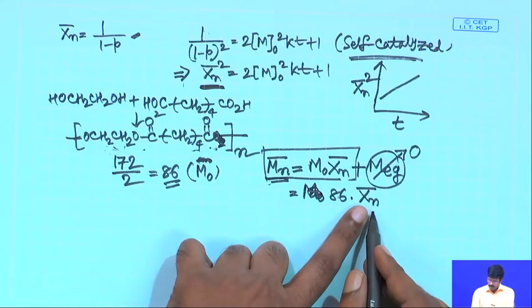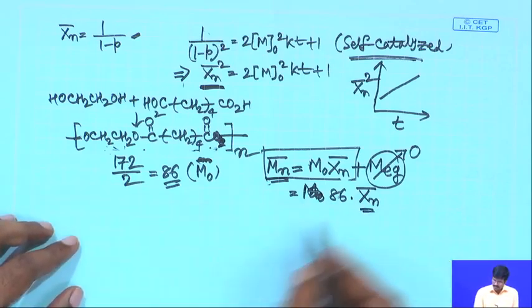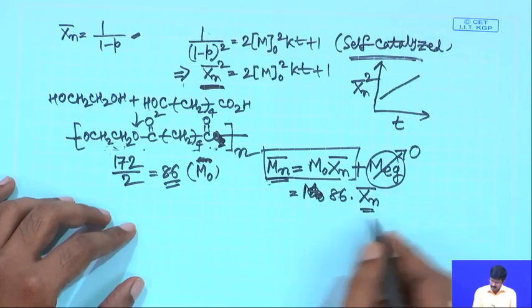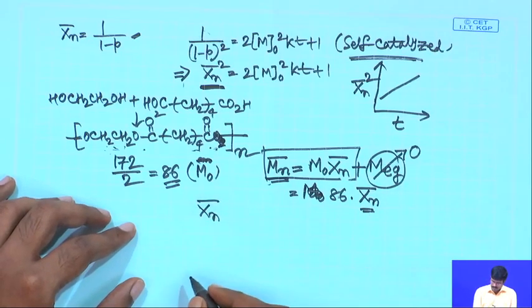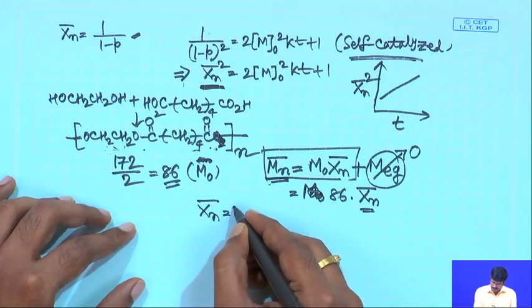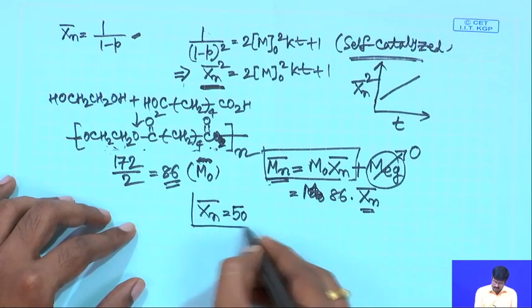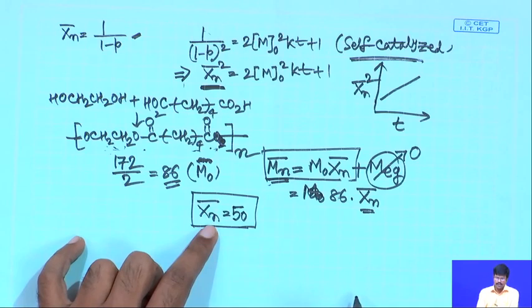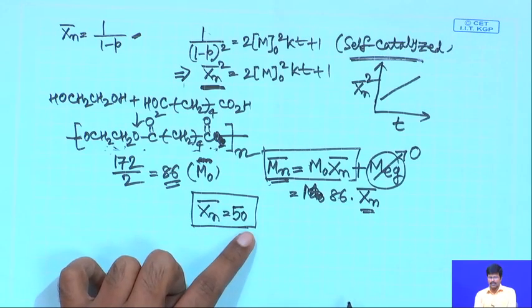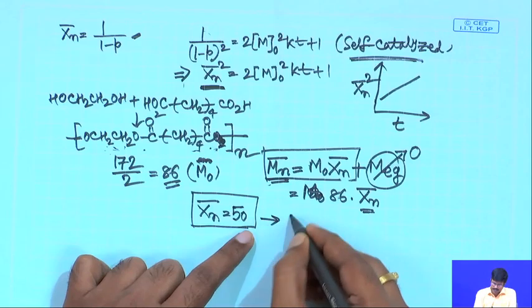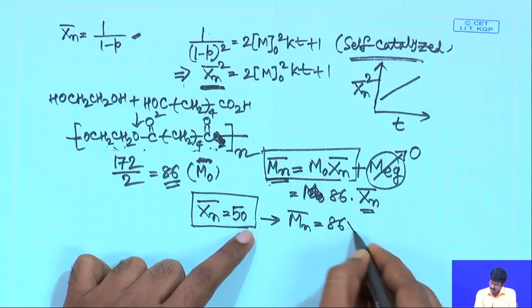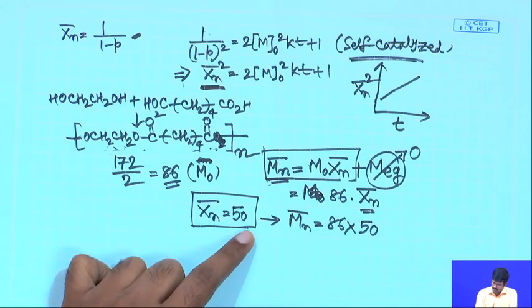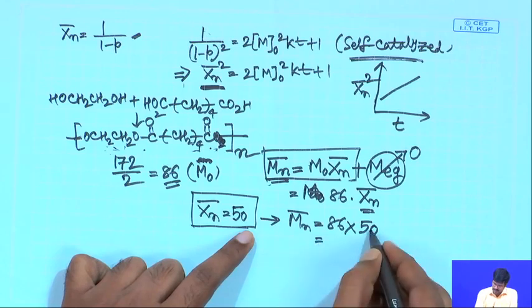Now, let us say you are actually targeting a particular number average degree of polymerization for your purpose. Let us say you are targeting xn bar equals 50. Then what is the molecular weight you will get? Your molecular weight will be 86 into 50, so that will be